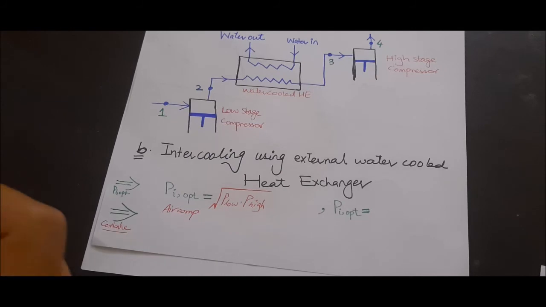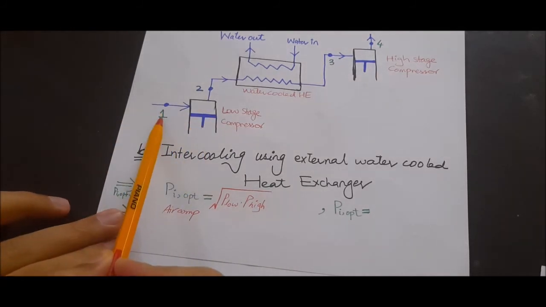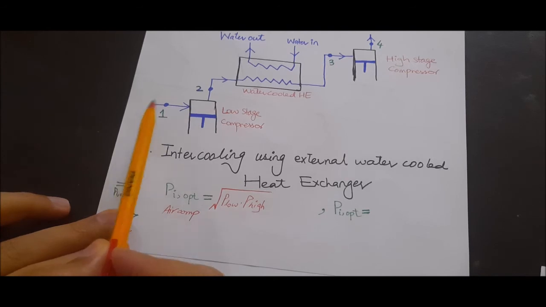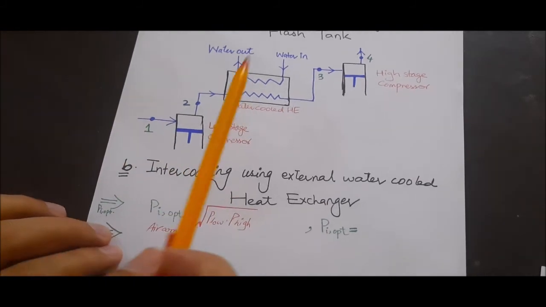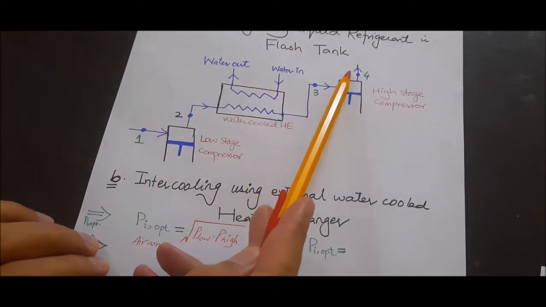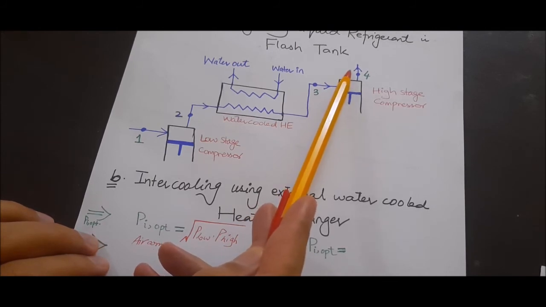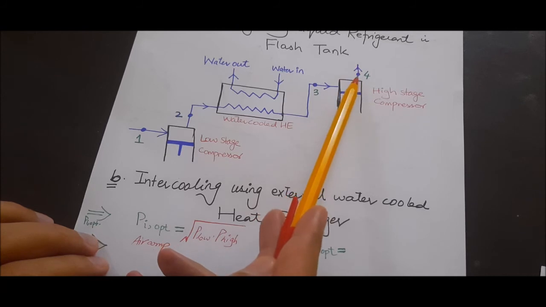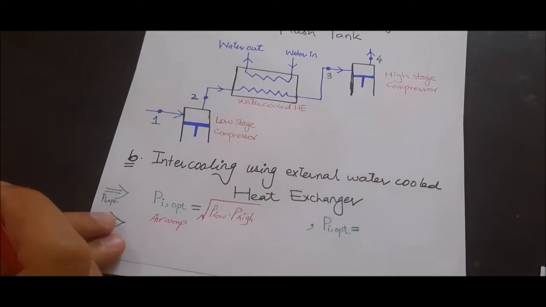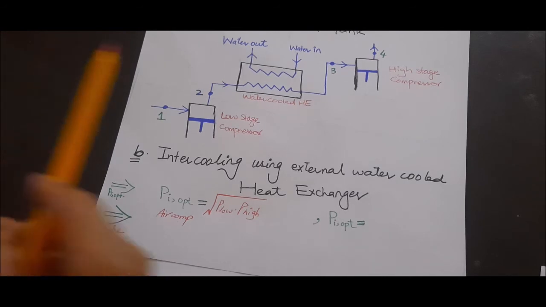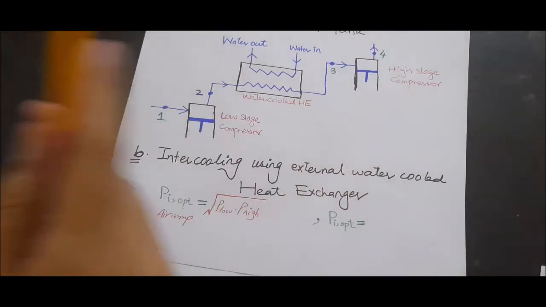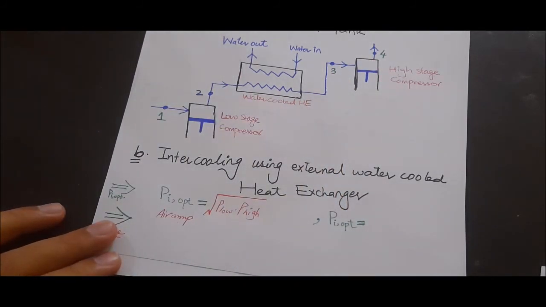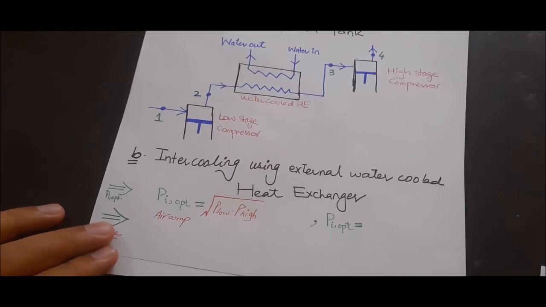Now what is low pressure? Low pressure is at 1 when the vapor enters the low stage compressor. And what is the high pressure? High pressure is at 4 when the saturated vapor, or the vapor, leaves the high stage compressor. So P1 would be the low pressure and P4 would be the higher pressure, and we have to take the root of the product of the lower and higher pressure. Similarly,